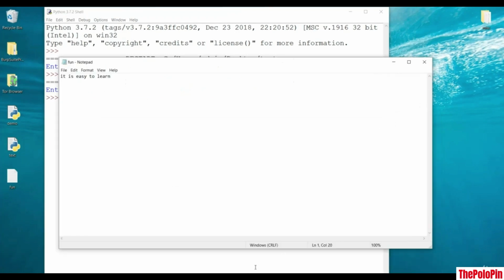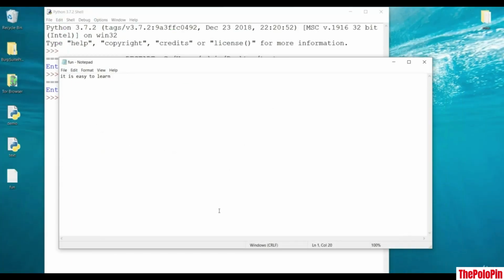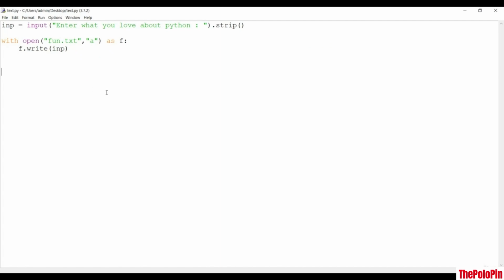We have to do something like an appending technique. So instead of write, if I just pass append here, it is going to append whatever value you have passed previously, and it is going to just concatenate it. So let me go back to here. Let me save this first. Let me just close this file,